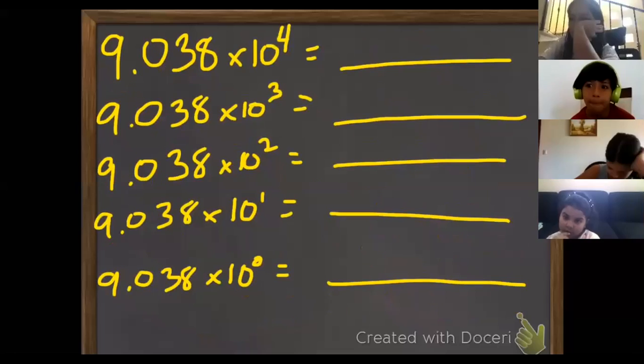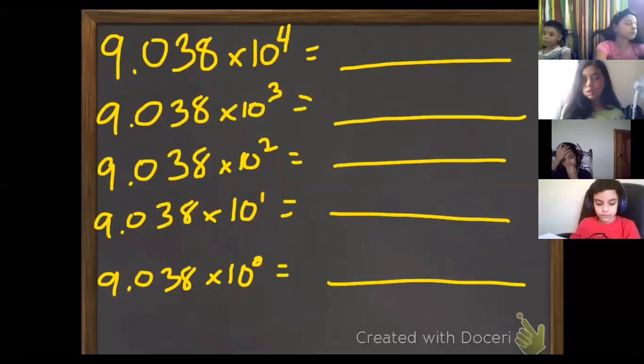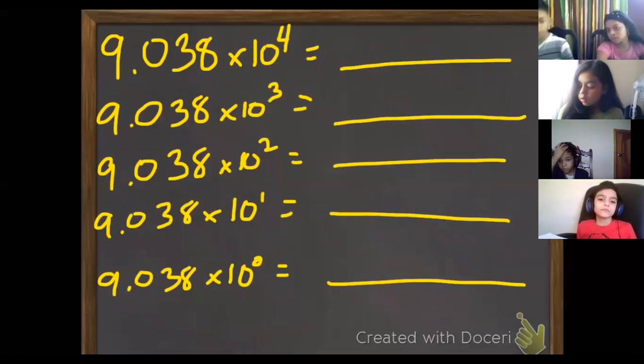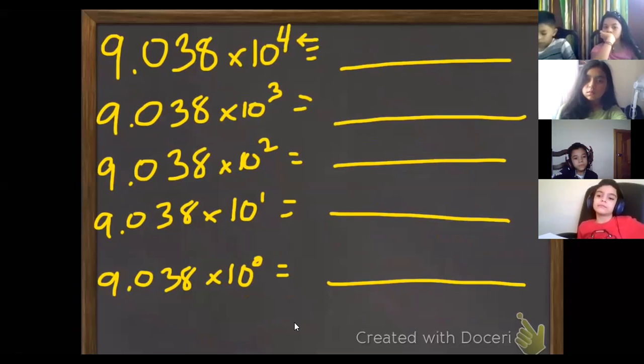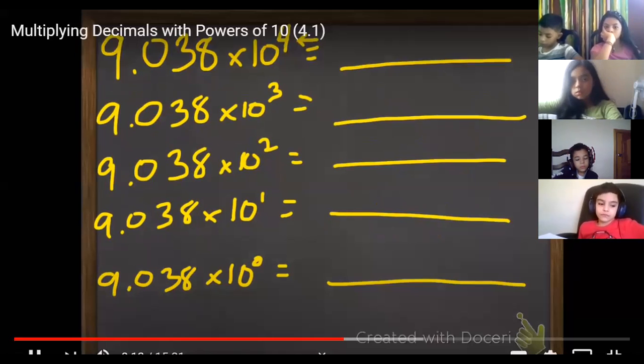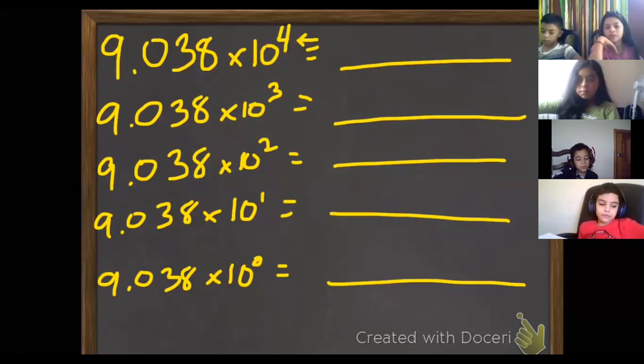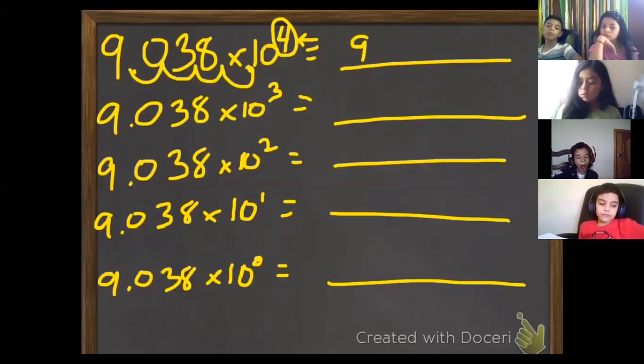Now let's look at what happens when we're having a decreasing pattern of powers of 10. This time our original number is 9 and 38 thousandths. And we're going to multiply it by, well, this exponent just tells us that there are 4 powers of 10 this time. So, just like we did before, we're still going to shift to the right because we're multiplying. When we multiply by a whole number, especially a big whole number like 10 to the 4th, our original number needs to get bigger. So we have to shift to the right to make it bigger. How many shifts? 4 shifts. 1, 2, 3, 4. We've created an empty place value position, and we'll fill that in with a 0. We get 90